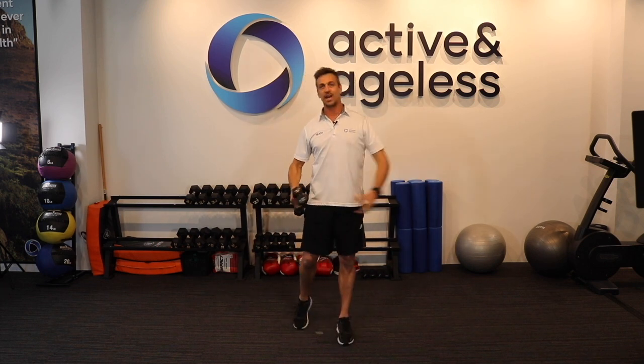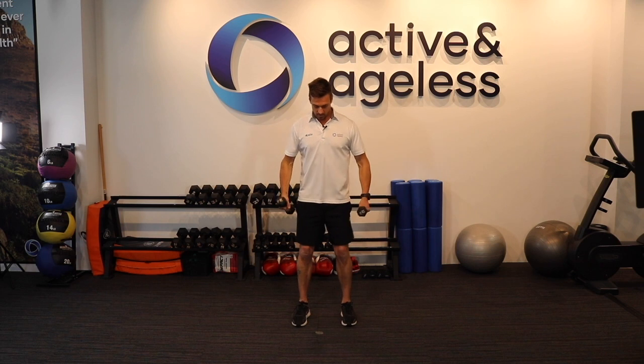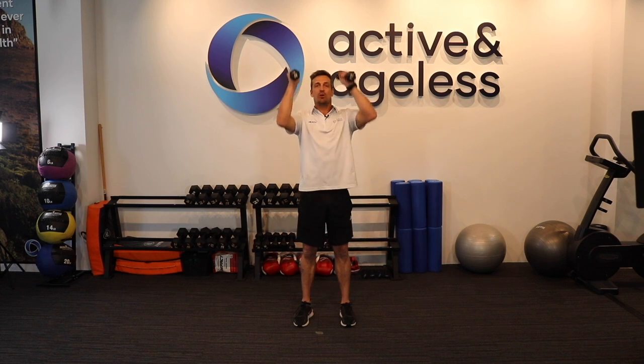Rest, shake it out. Quite taxing on the upper body, but fantastic exercise. Pretty simple ones you can do anywhere you want as well. Here we go for the second set in 5, 4, 3, 2, and 1. Shoulder pressing up